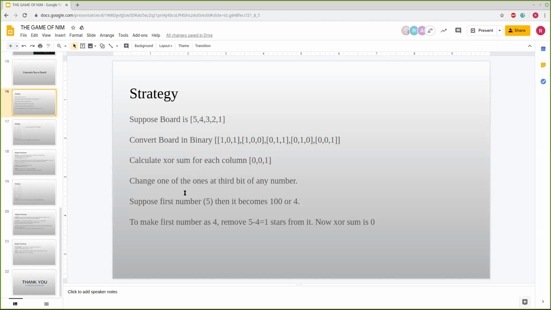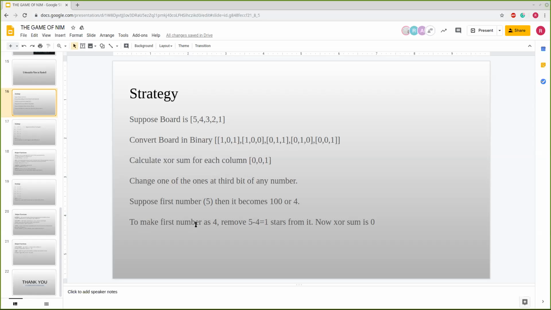Then I will change it, since 0 0 0 is the winning state. To make it 0 0 0, we need to change one of the ones in the binary to 0. Suppose the number is 5, the first one, 101. Then it becomes 100, which is 4. To make the first number 4, we need to take one star out of it.